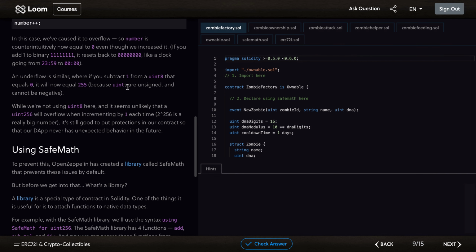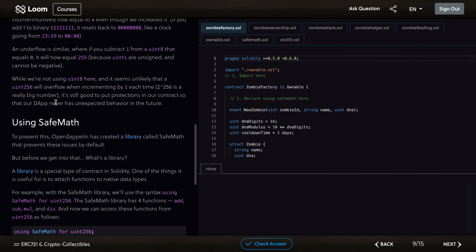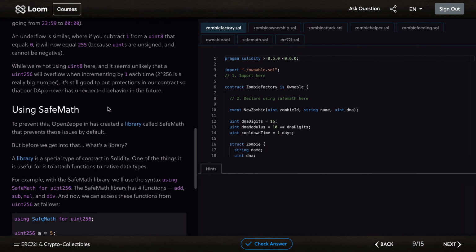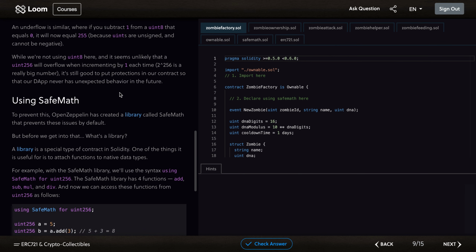And underflow is very similar. If you subtract 1 from a uint that equals 0, it will now equal 255. Well, we are not using uint8 here, and it seems unlikely that uint256 will overflow by incrementing by 1 each time, but there is still a probability of this happening, and we do not want this